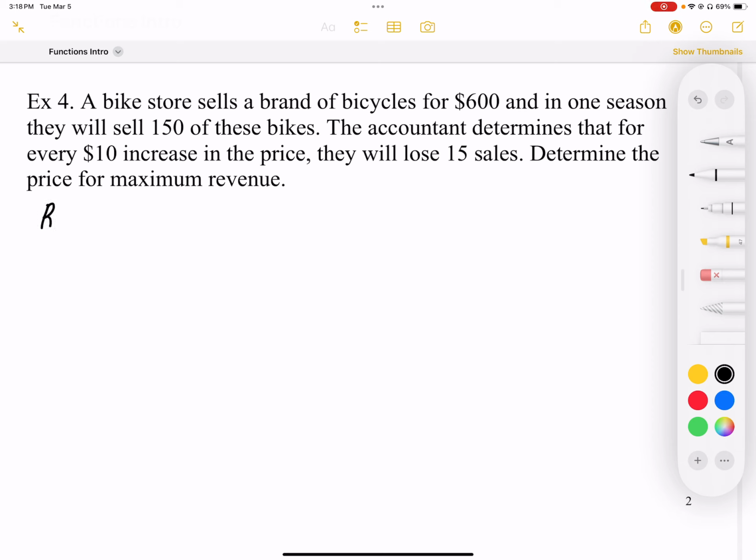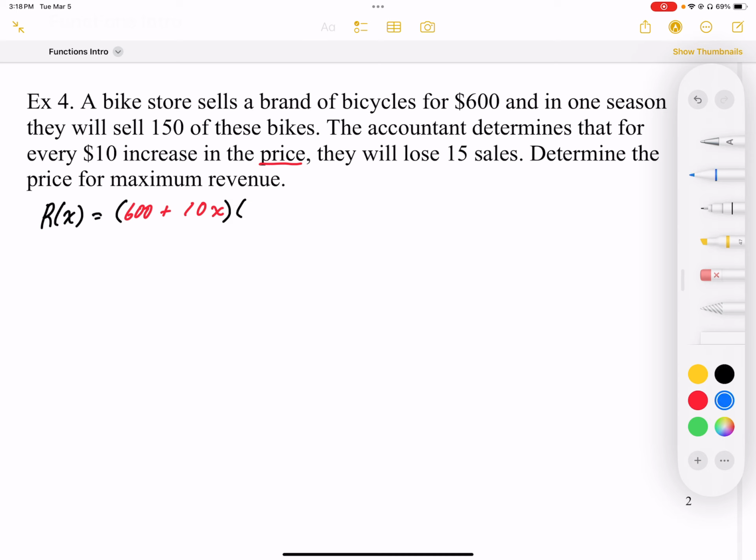So again, we need to come up with an equation for the revenue. So R of x is equal to the price times the number sold. So my price that I'm going to use, I'm going to start with $600 and I'm going to increase in $10 increments of x. Okay, and then with my revenue, by the numbers sold,